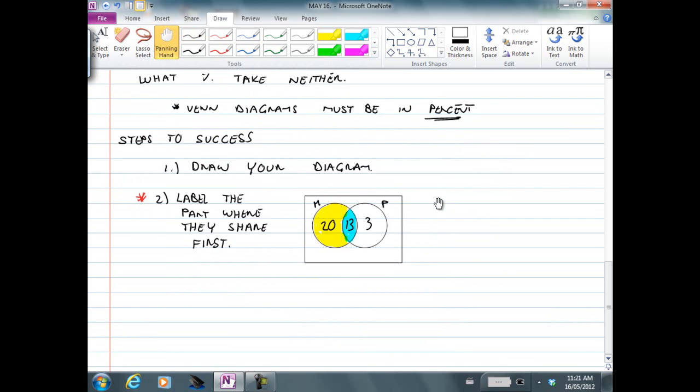Remember, this is not 3 people, this is 3% of those surveyed. So, because everything inside of physics must add up to 16. Finally, step 3, here's the last step. The whole rectangle